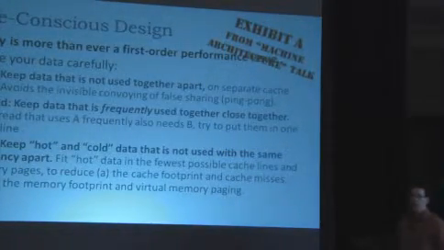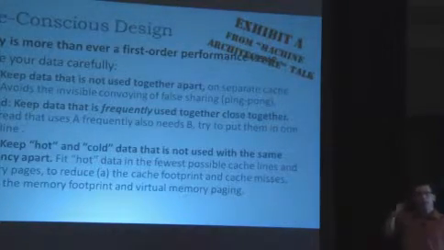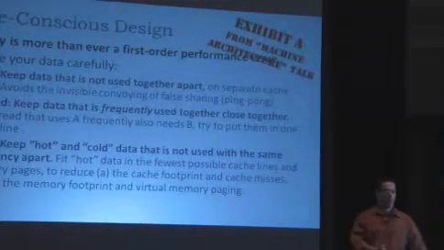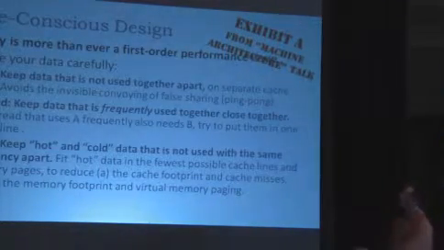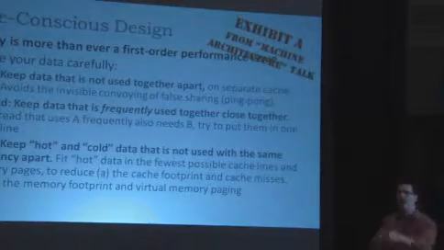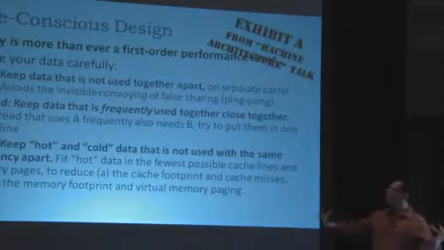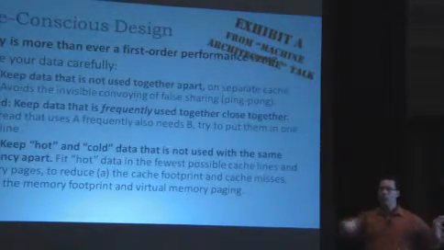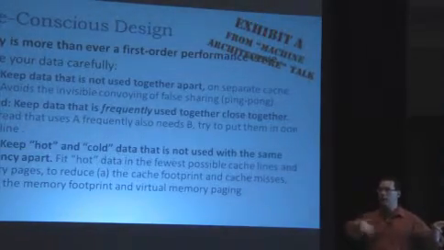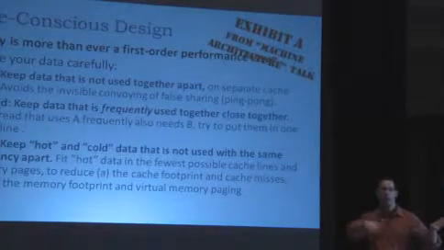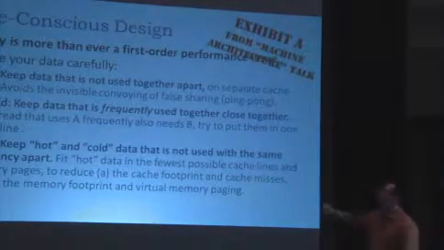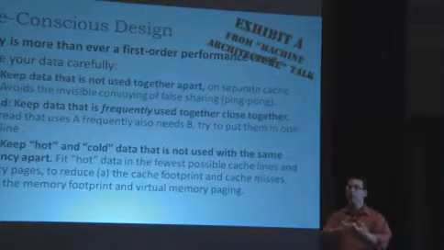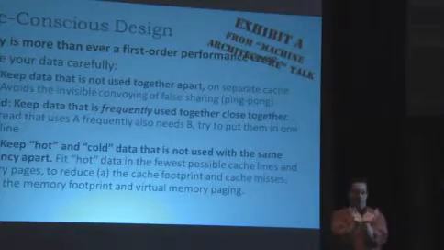Just as an example, I'm not going to go deeply into these slides, but here's why performance matters. Anytime I give a performance talk about optimization on current hardware architectures, here are some of the things I hit. I talk about how cache-conscious design is important, locality is important. You want to keep data that's not used together apart, because then when it's used on multiple cores, you don't get false sharing on cache lines that ping-pong back and forth, and you get enormous drains on performance because of cache effects. Second, you want to keep data that's frequently used together close together so that you minimize your cache footprint, but you also get better packing.